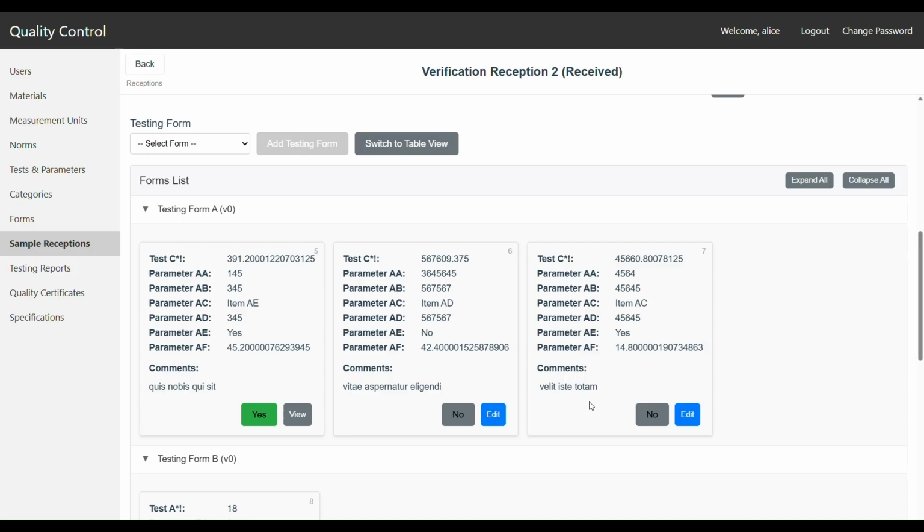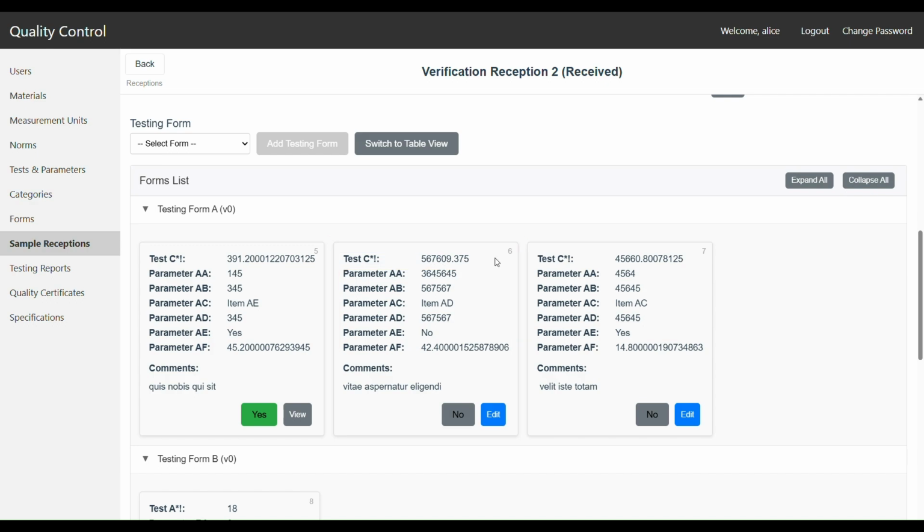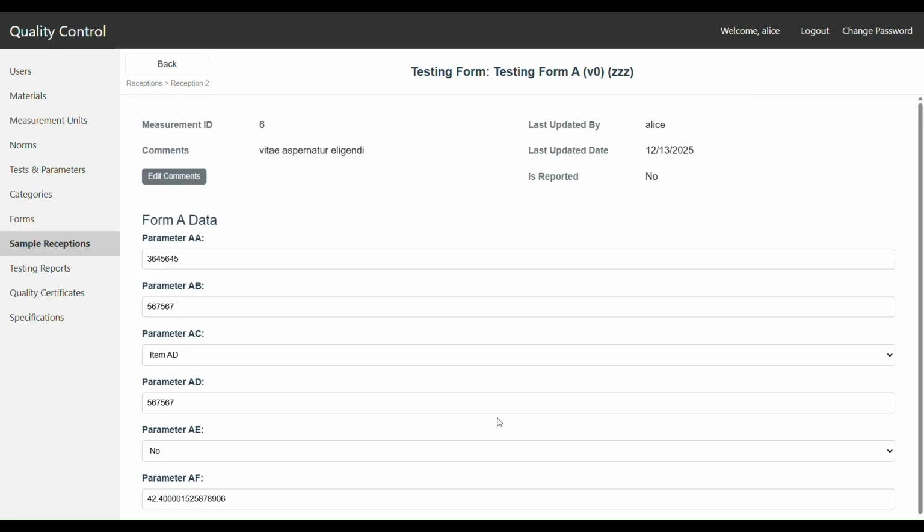As an example, let's analyze this sample. Here we have the measurements, and here we have the calculated result. Let's click Edit. And let's see in the edit form what are the measurements performed. We notice in this form that we can have multiple types of data. For instance,